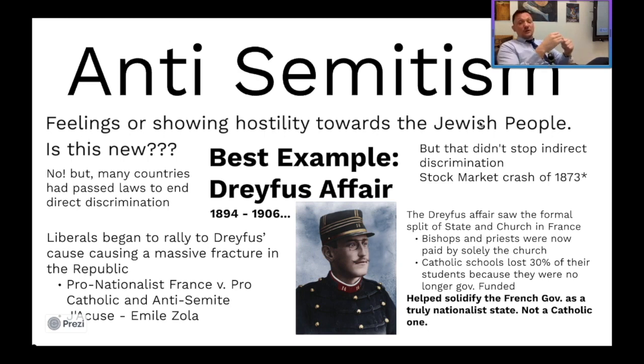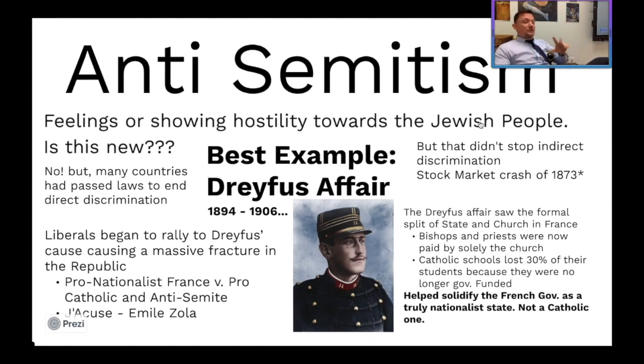And what this is going to do is it's going to help solidify the French government as a nationalist state, not a Catholic one, right? And so the Dreyfus Affair is not only going to demonstrate to us the growth of anti-Semitism, but it's also going to demonstrate to us how literally separating yourself from religion can actually encourage a more solidified nationalistic state, right? So going into it, also what you need